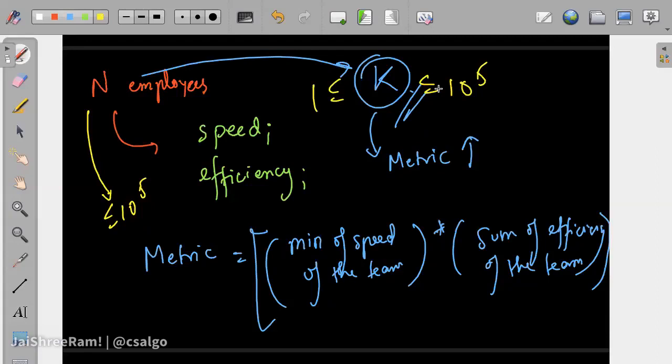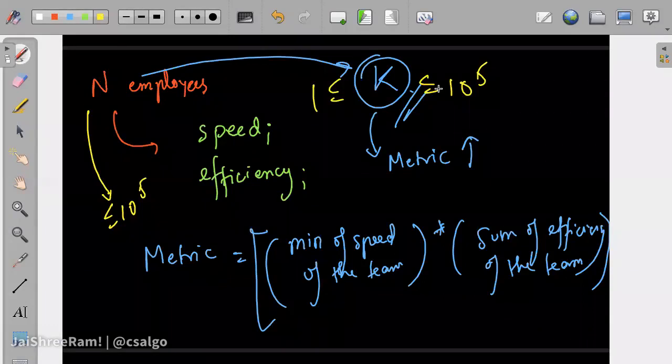How do you do this in such a way that you know the minimum of the speed of the team you can form? Because if you know the minimum of the speed, then this becomes very simple, right?